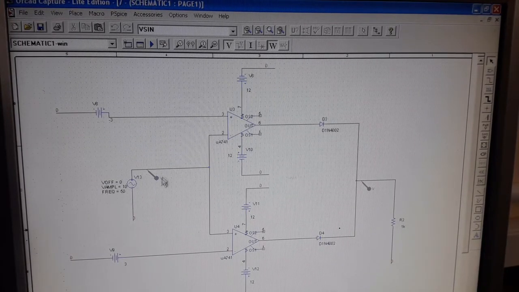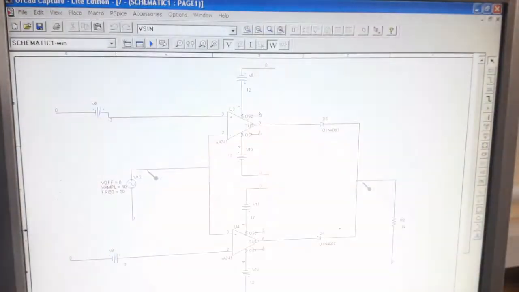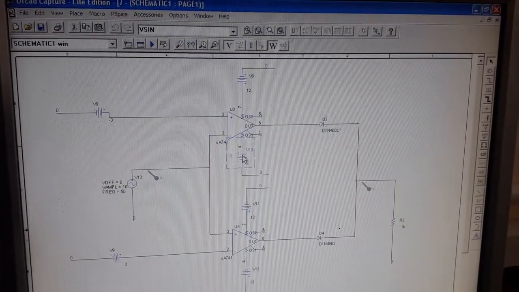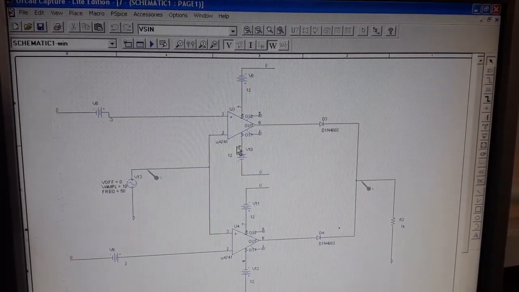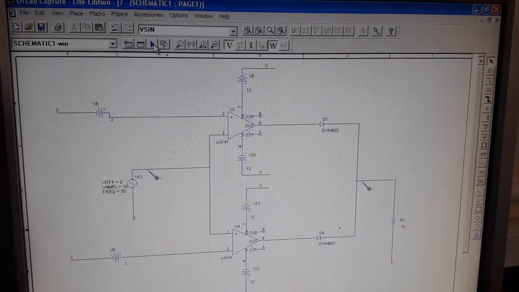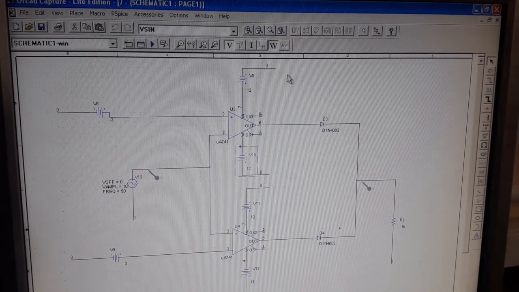Save this. Here we are not getting the proper output, because the fourth pin should be connected to -12 volt. So let me rotate this resistor. You can rotate the resistor, and the fourth pin is connected to -12. Okay, so now you'll get the output. So click on run. Here also the 7th pin is at +12 and the 4th pin at -12. Everything is correct. Let me check.